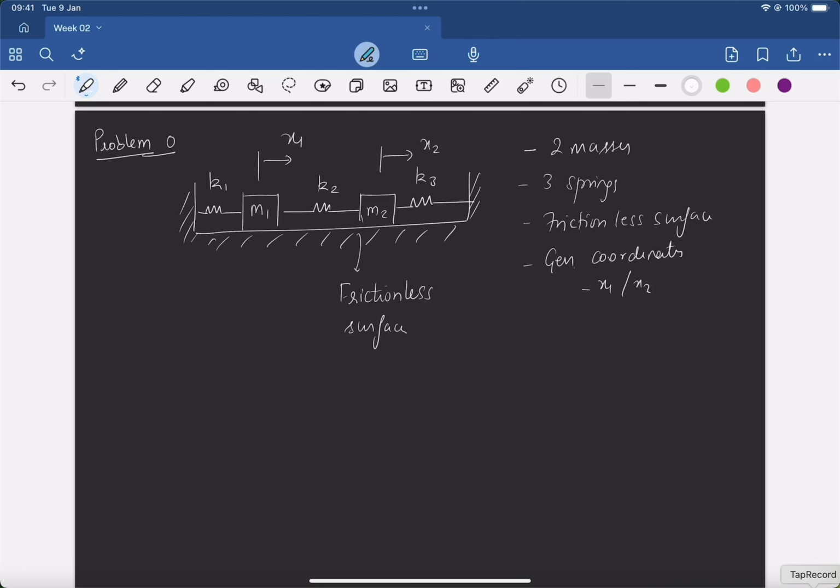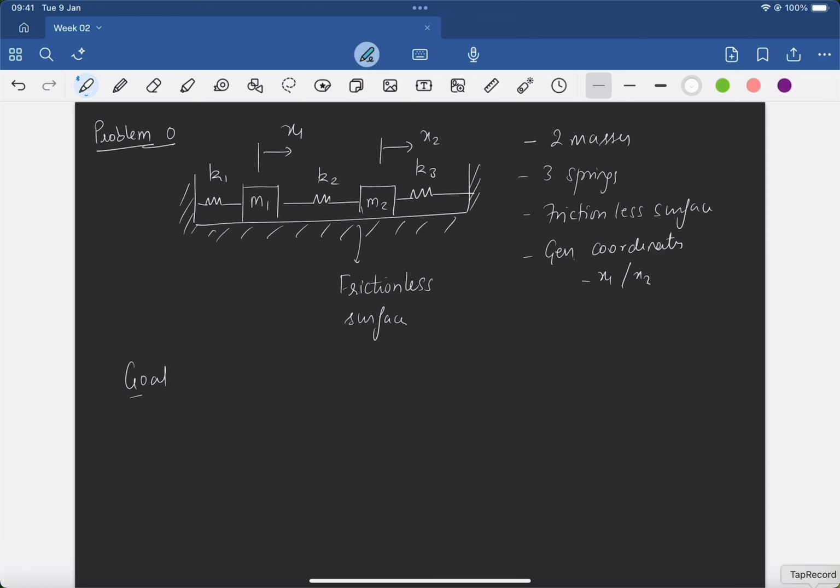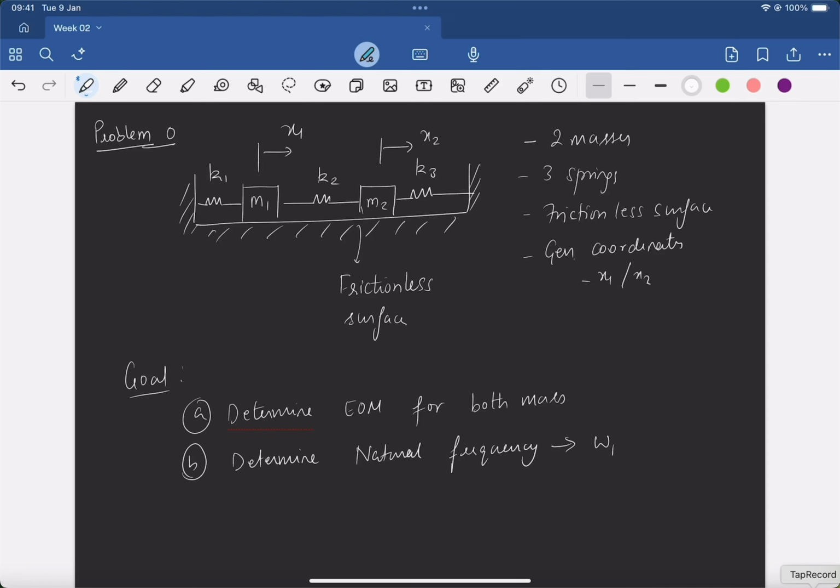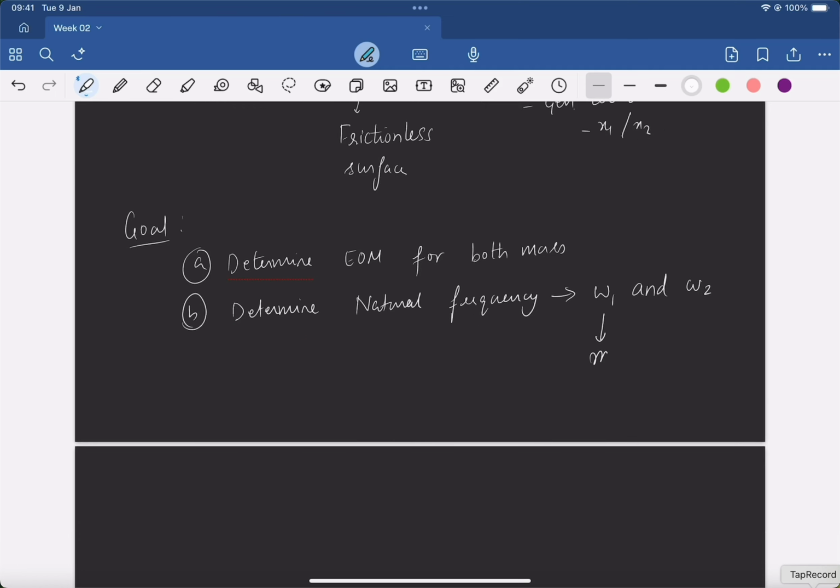So our goal is to first, what's our goal? Determine the equation of motion for both masses, and B, determine our natural frequency. So let's call them omega 1 and omega 2. Omega 1 corresponds to the natural frequency for mass m1 and omega 2 corresponds to the natural frequency for